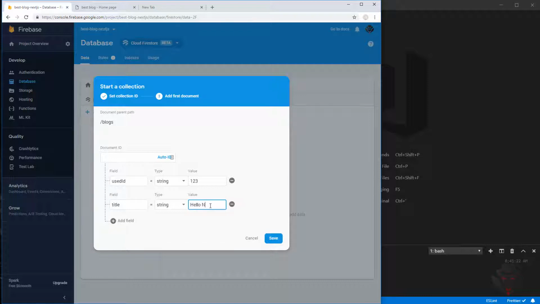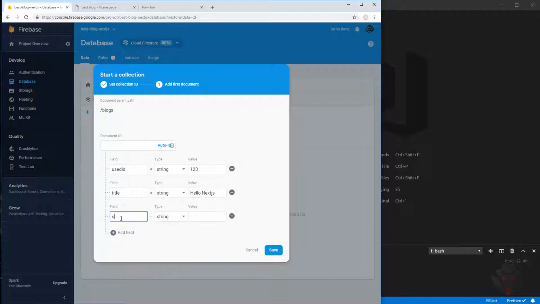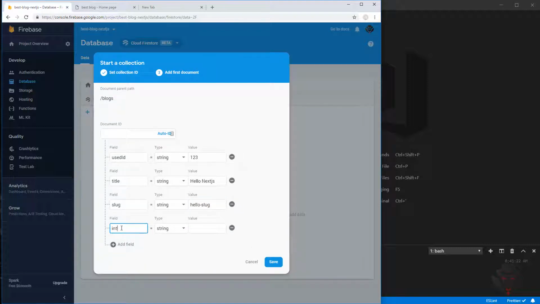No, sorry. Let's call it hello next JS. And the other one is slug, which we are going to call hello slug. Later on, we're going to generate slug. So from the title,